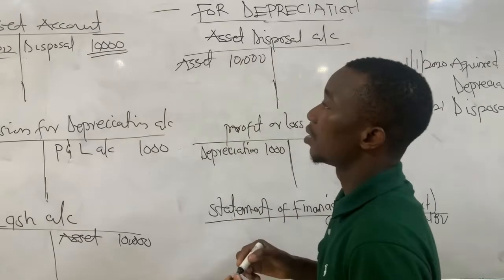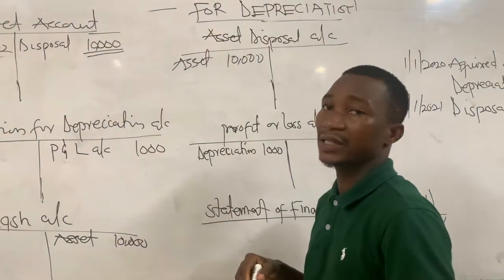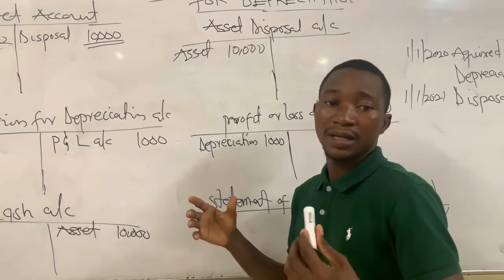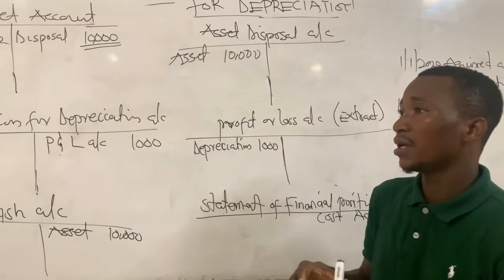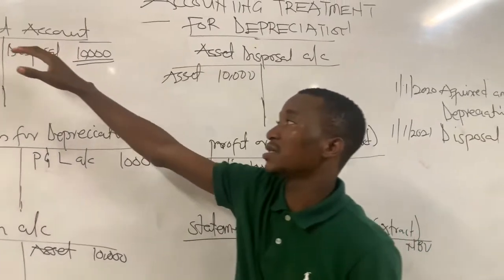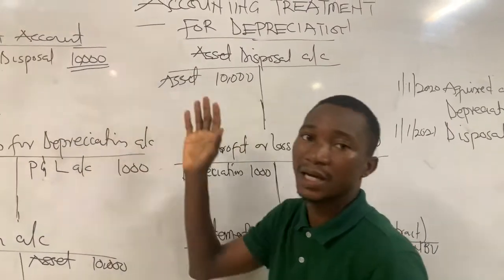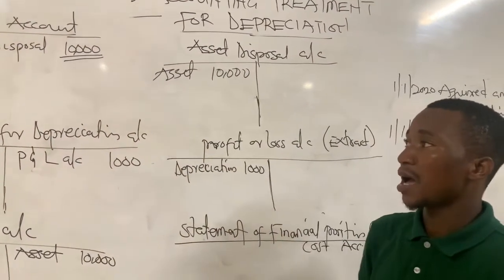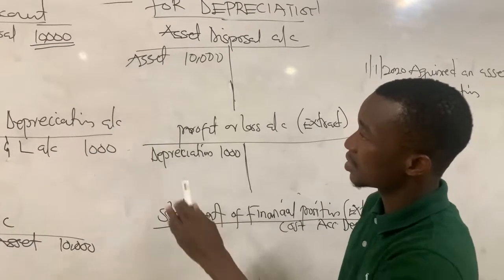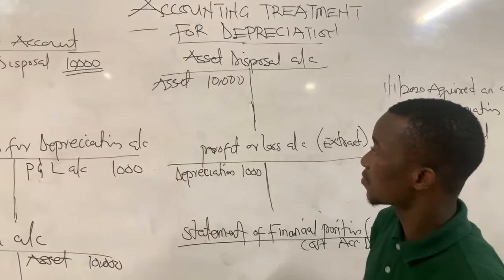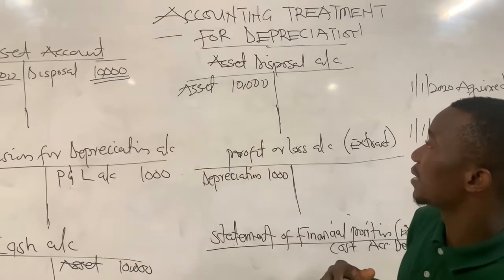$10,000. But mind you, I'm using an asset as a general name. But in a question, you may meet a specific asset, maybe a motor vehicle. In that instance, you are going to represent this asset with the motor vehicle account. But I'm just using asset as a general name. Okay. So when we dispose of the assets, we now close the asset account and we make the debit entry